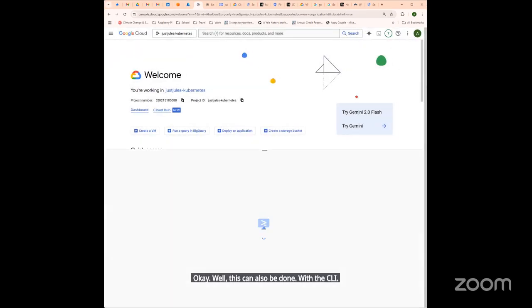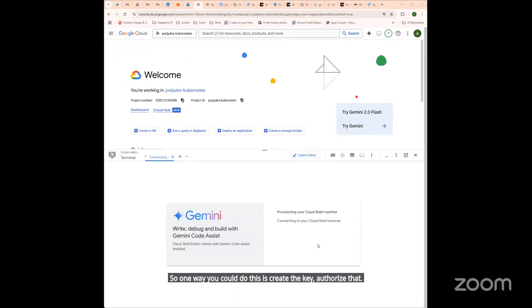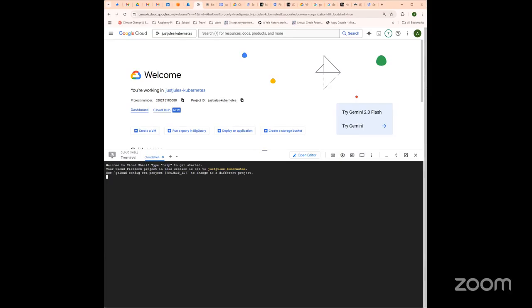So one way you could do this is create the key, authorize that. All right. So one way you could do this, gcloud kms keyrings create my-key-ring, where in location